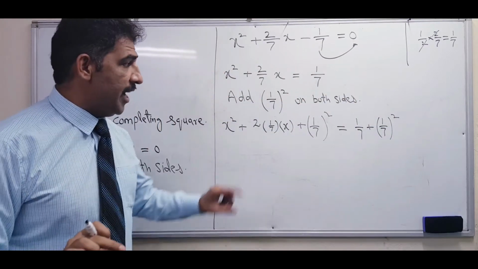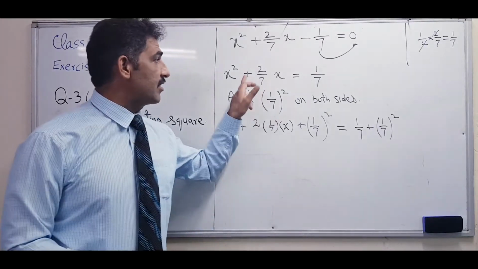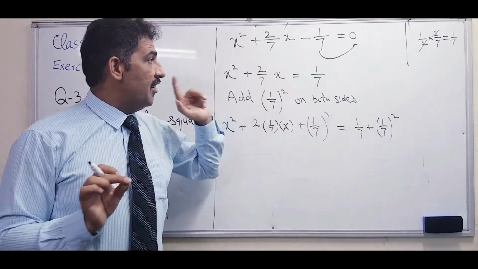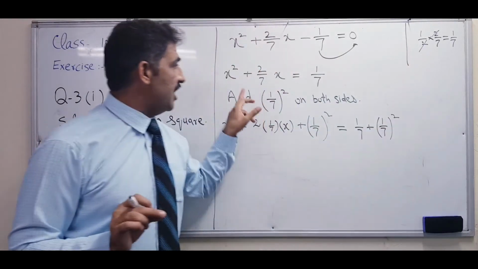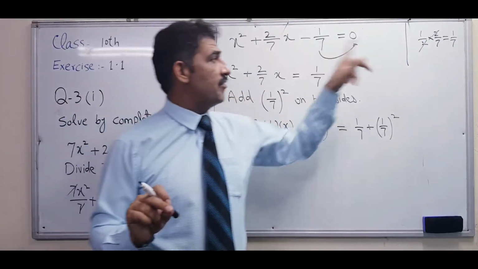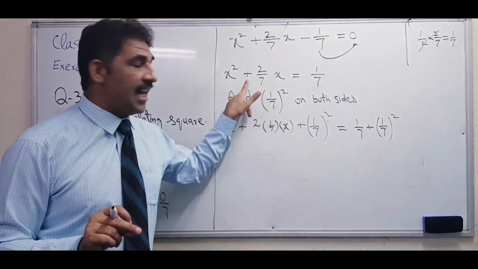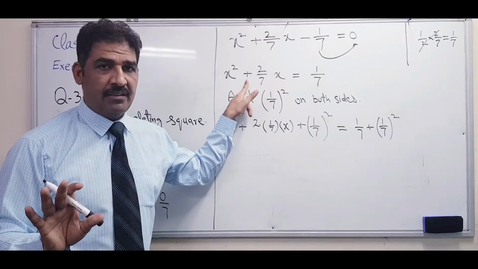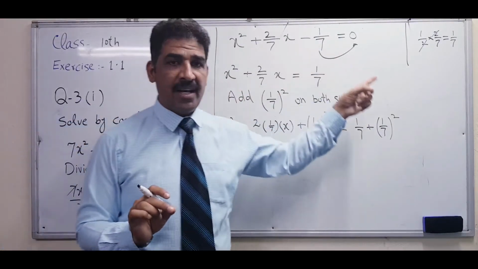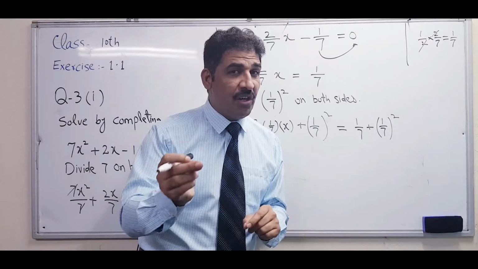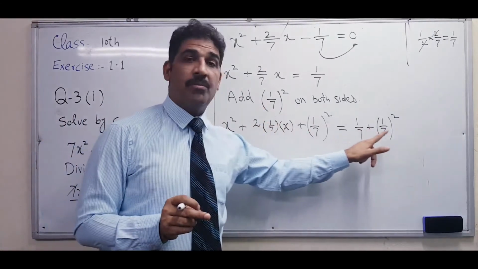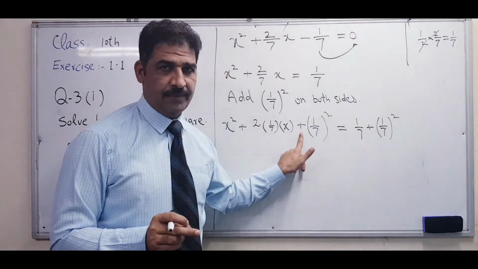keep one thing in your mind, always add, even if the sign here is negative or positive, it is not affected. First, when you multiply by half, you will neglect this sign. If here is a positive sign, don't think about it, here is positive, that's why I am writing positive. Even if it is a negative sign, you neglect that negative sign. You have to just take the coefficient without sign and multiply by its half. Okay? And what will you do next? Yes, make it square, but add on both sides, not writing subtraction.